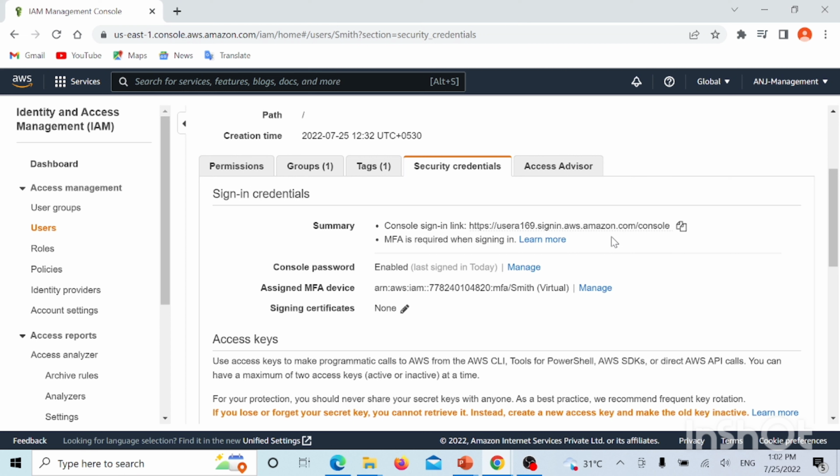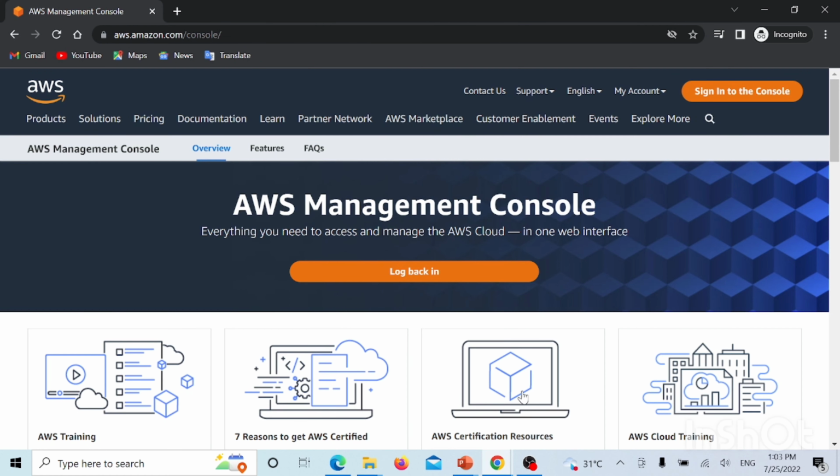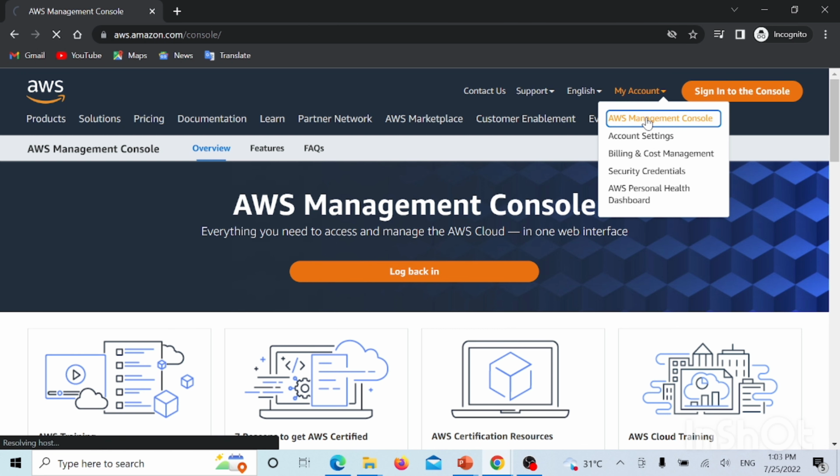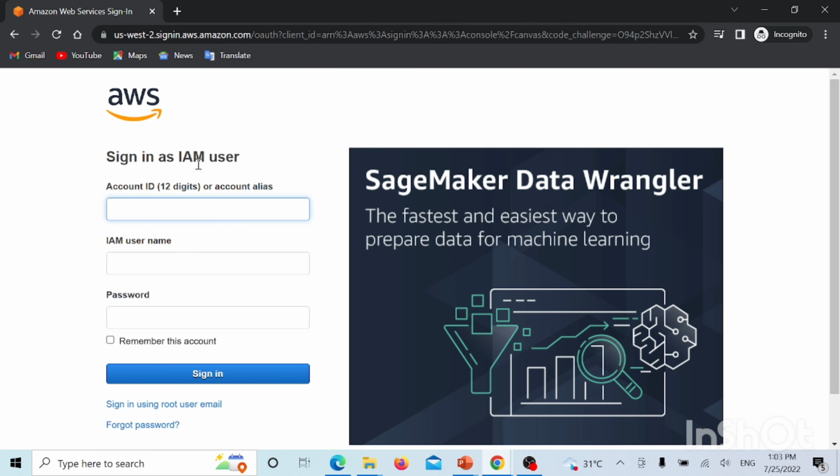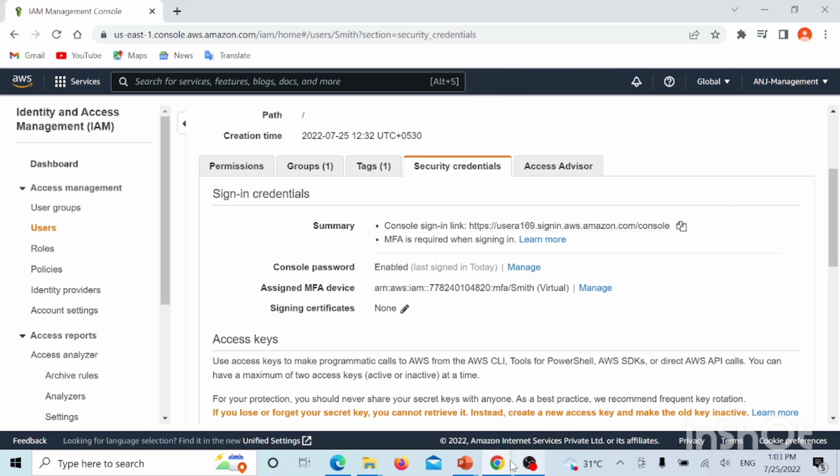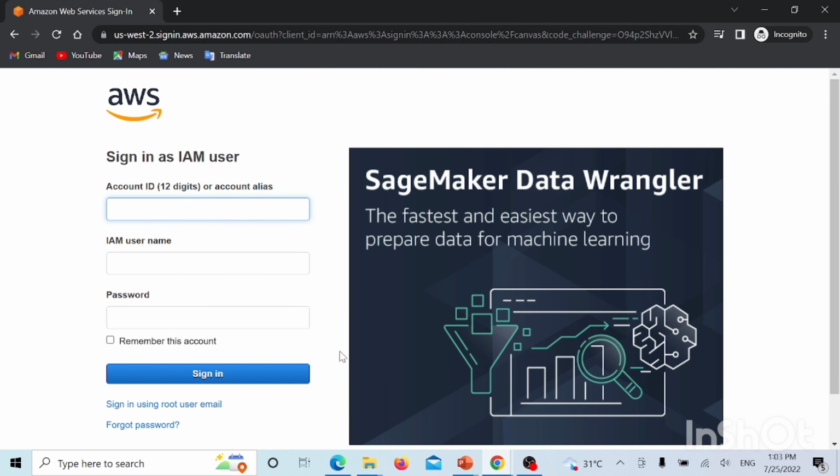The next thing we are going to do is check whether this MFA is working fine or not. For this I will again go to the incognito tab and click on management console. Again here I will be signing in as the IAM user. For that I will require my account alias. Let's say I know the account alias. So the alias is user A169. The name of my user is Smith. The password is